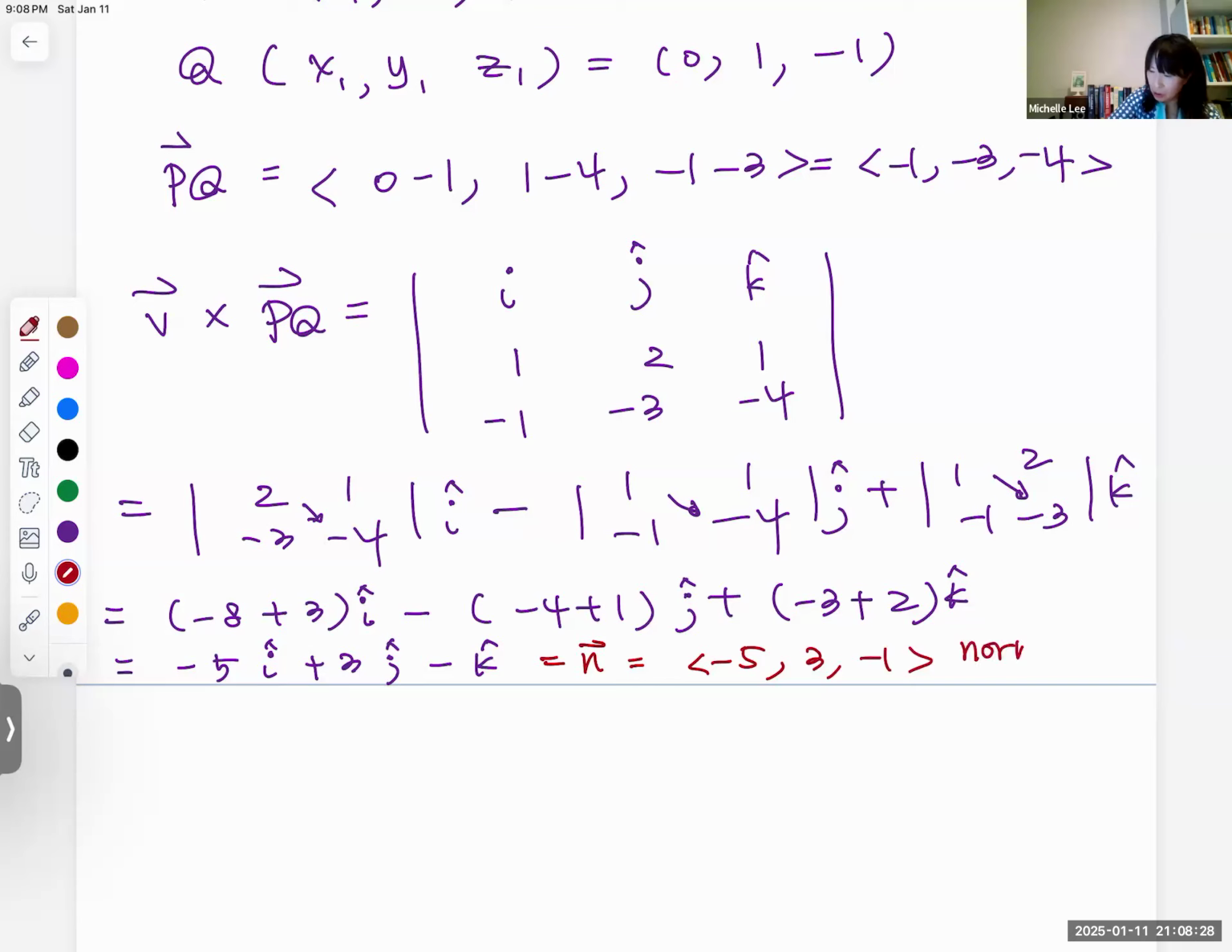Normal vector, that is ABC. Yeah. Just notation. We can use different letters, like D, E, F. Yeah. Does not matter, right? Okay, so